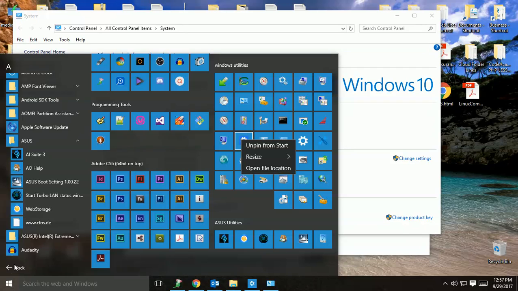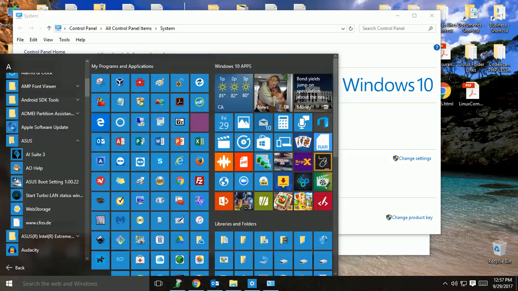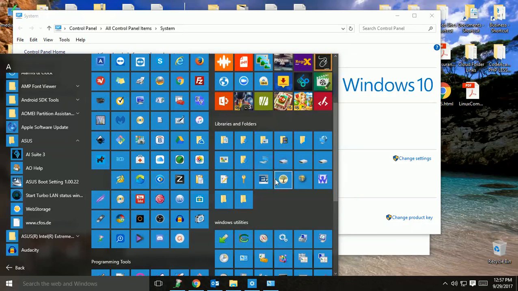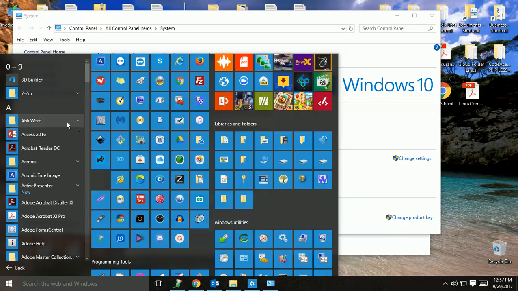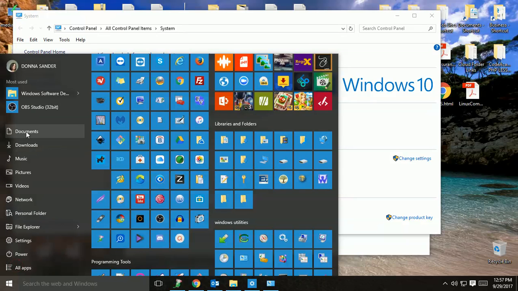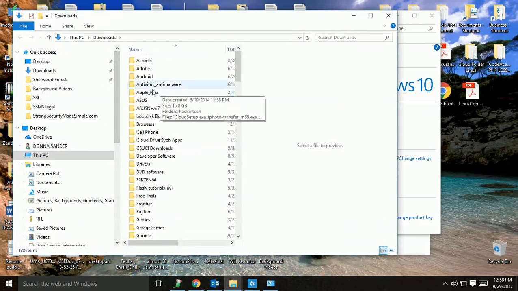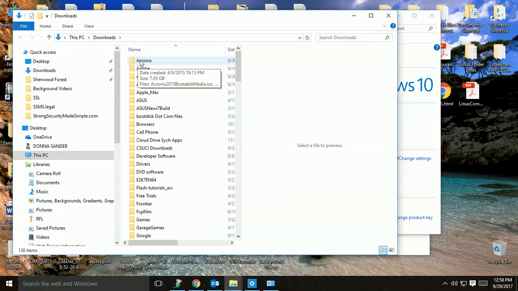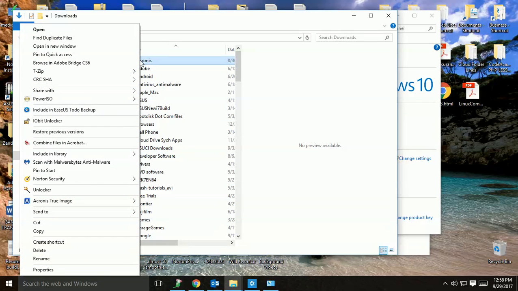Another thing that you can do is you can add your own folders. I said I would show you how I did these. So what you do is you go to a folder that you want to add. So let me find one. Let me go back. Here. So for example, if I wanted to add this folder right here to my start menu, I could right click it, and I could go down here and go Pin to Start. But I can also send it to my desktop